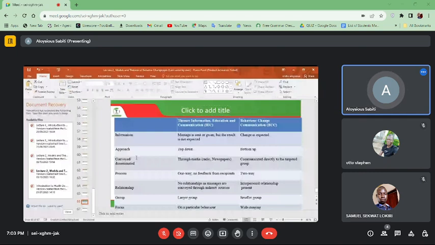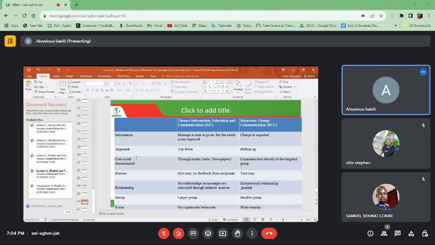The process for IEC is one way. There is no feedback from the recipients. You give them the placards, you give them information through the newspaper, and it is there. There is no room for feedback. However, for behavior change communication, you're offering a two-way kind of interaction where it is a dialogue. You give information to your target group, and they are able to give you feedback.